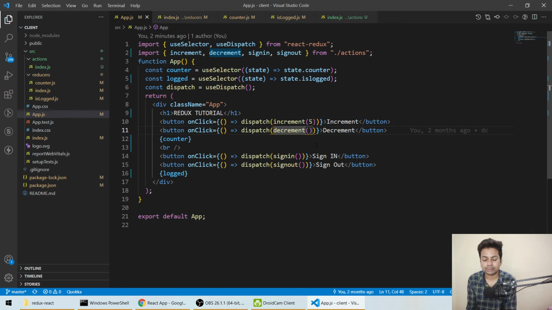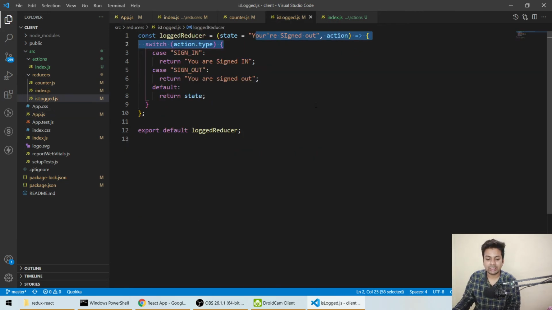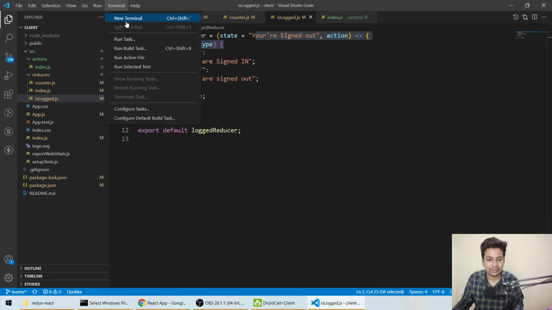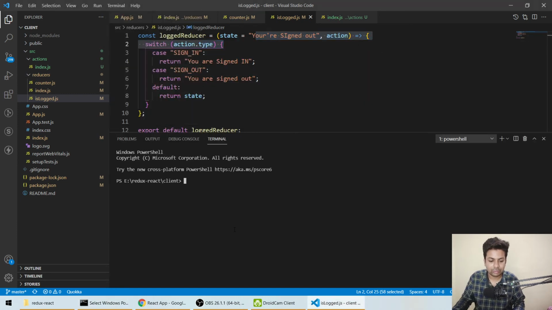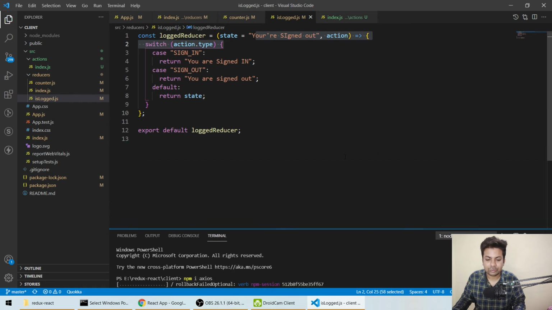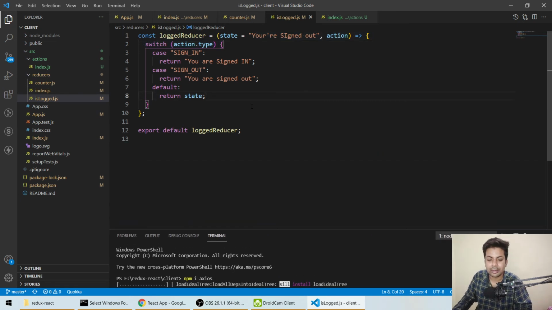But suppose you want to call a third party API, that can only be done with Redux thunk, so that's why I made the Redux thunk at the starting. So we'll make a function. Till then we have to install Axios. So let me quickly install it: npm install axios. Okay, it is installing. Till then let me show you how it's done.